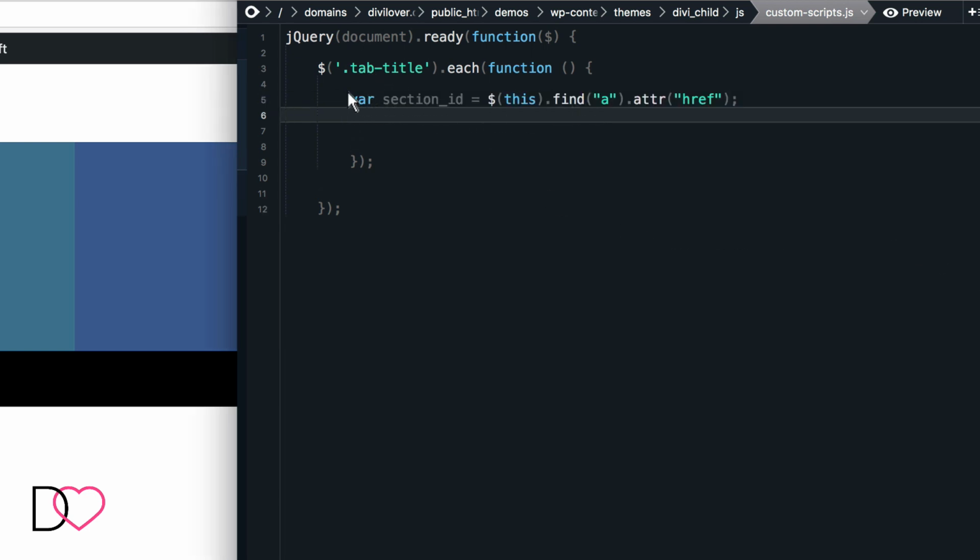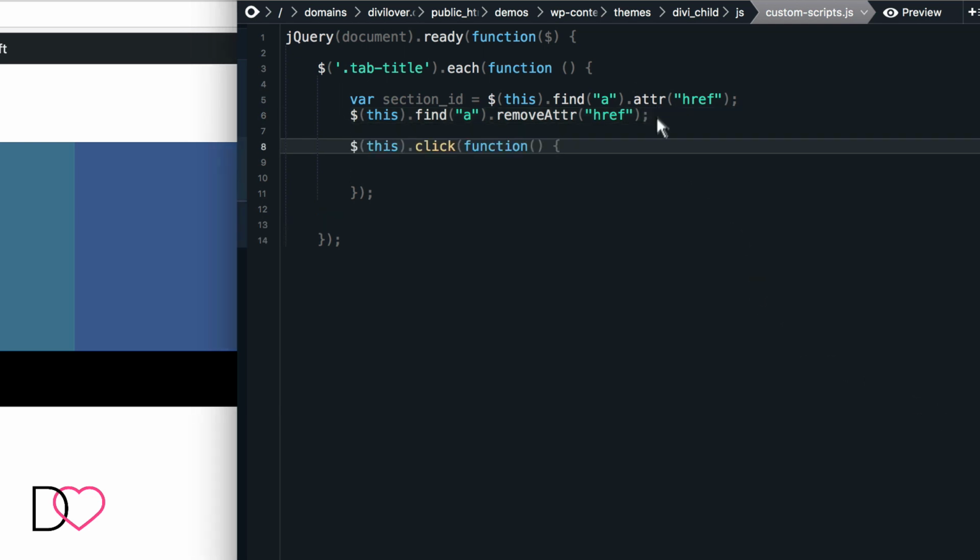As you can see, we are setting a variable section ID, and it's taken from the tab title element and looks for the A tag in and takes the href attribute from this link. We will also want to remove the link because we'll be using our own custom